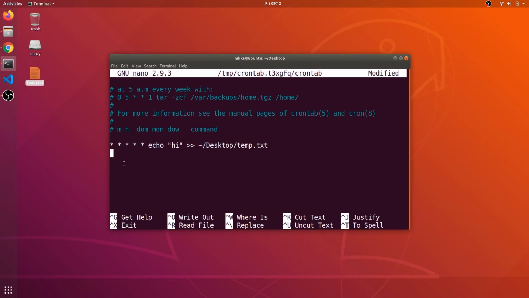What I want to do is say minute 30 and hour 2, and in all days, so I want to say star. What this means is I want to run this script at 2:30 every day, every month and every day of the week, and say echo hello.